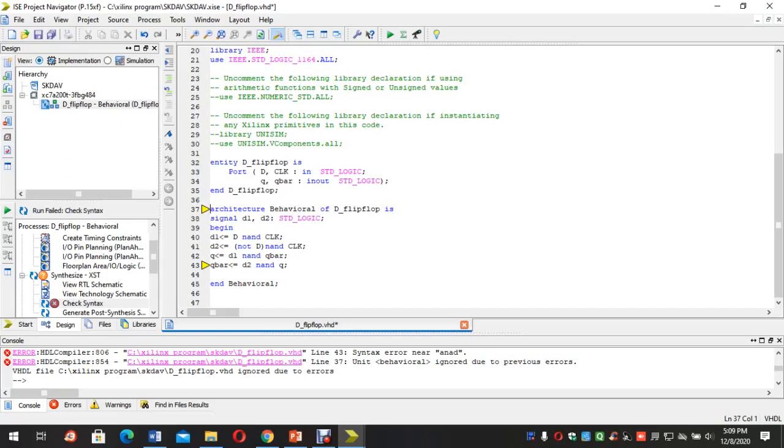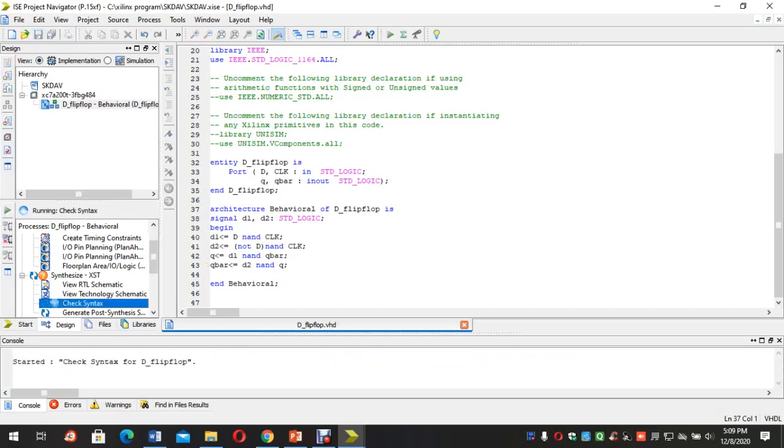Let's see, again save it, then check syntax. Okay, see here is the green tick, means there is no error present within this programming.